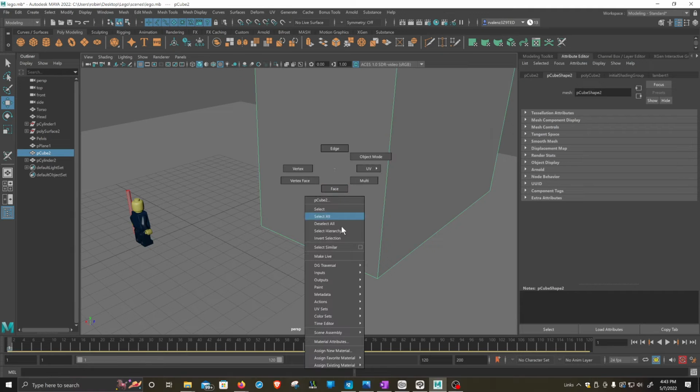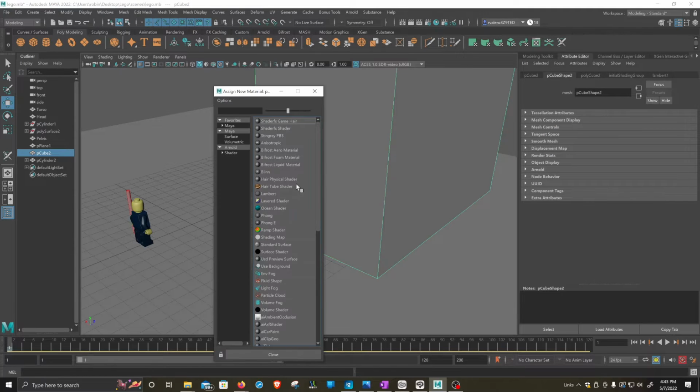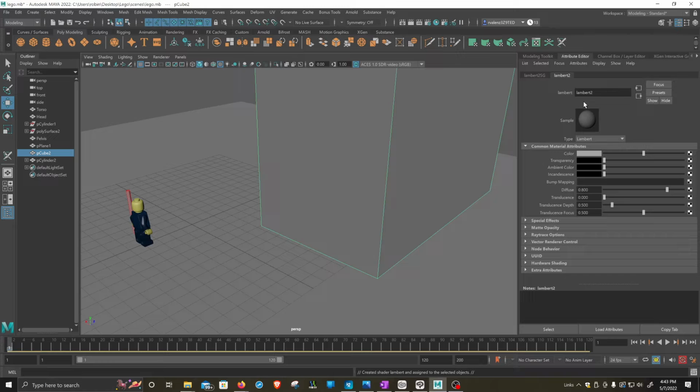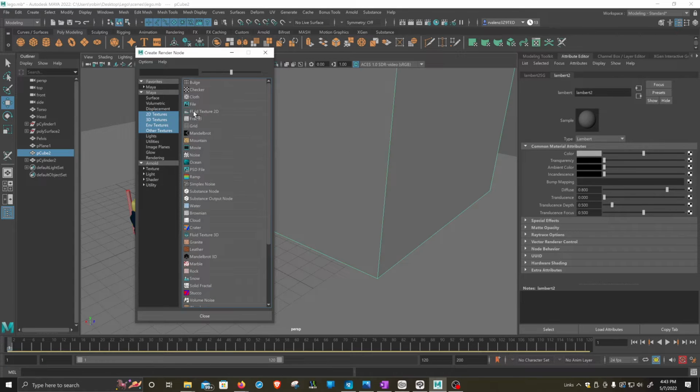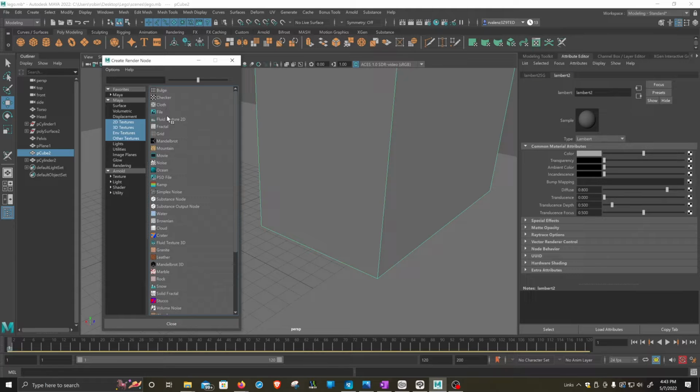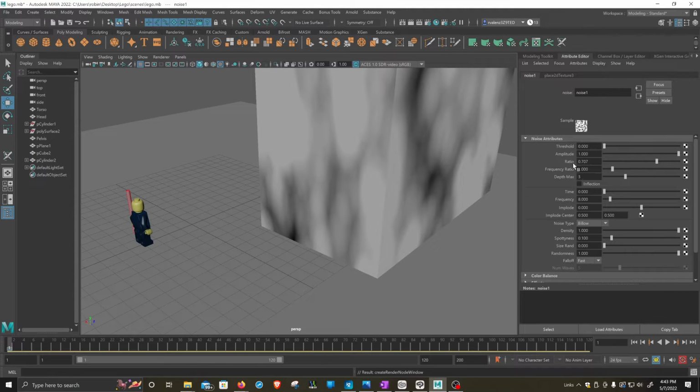So I'm going to right click in here and say assign new material. This is probably a wall that's not shiny, so I'm going to select a Lambert. And on the color here, we can assign a file for a texture, or we can assign one of those procedural maps, which are calculated. It doesn't matter how close or far away you look, they have the same resolution. They're based on a formula. So all of these are pre-made procedural maps. I could, for example, select a noise, and that would be hooked up to the color, and